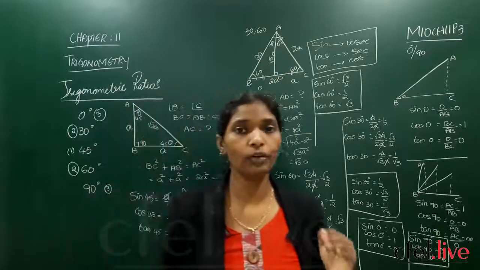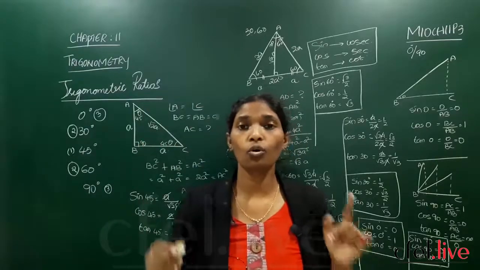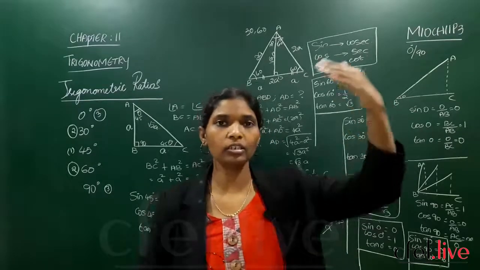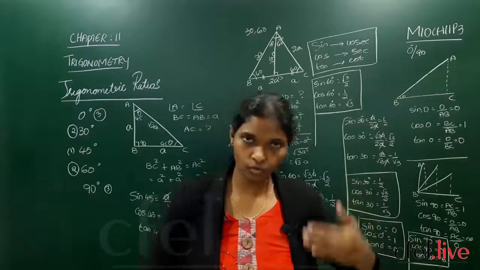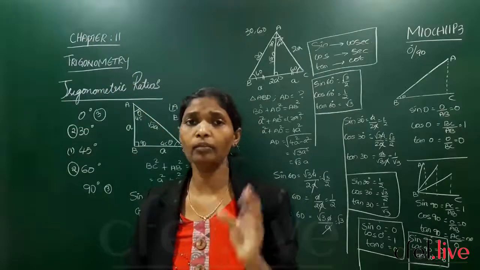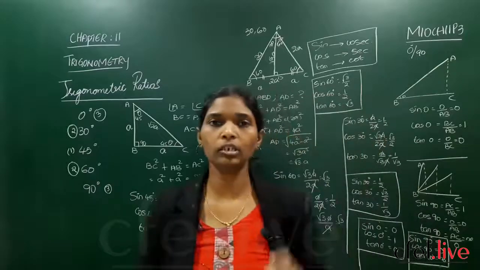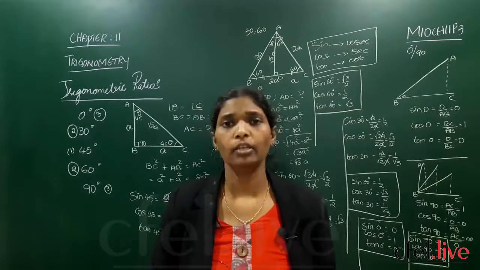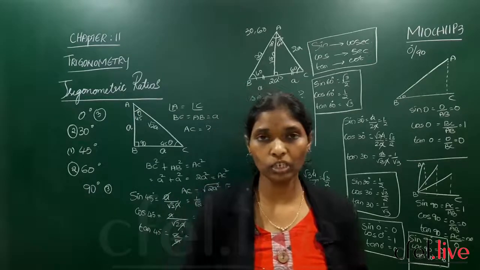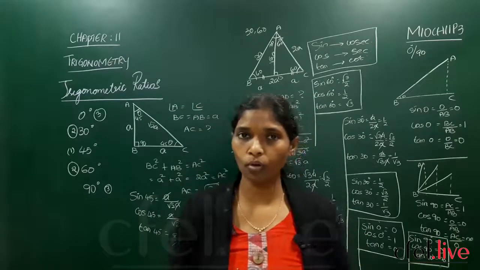Fine children, so we have covered the do this, try this and everything with the explanation part. Got it? So last and final, one big table is there in your textbook. Sidewise there are sine, cos, tan, cosec, sec and cot, and up are 0, 30, 45, 60 and 90. Those table values are the same values which I have shown you. So you have to learn the table perfectly, then only you can do the remaining problems from the textbook, especially the 11.2 exercise. I am giving you time till tomorrow.